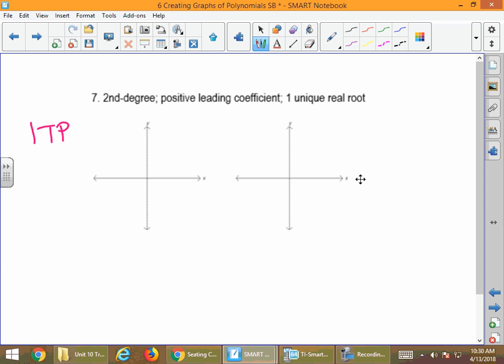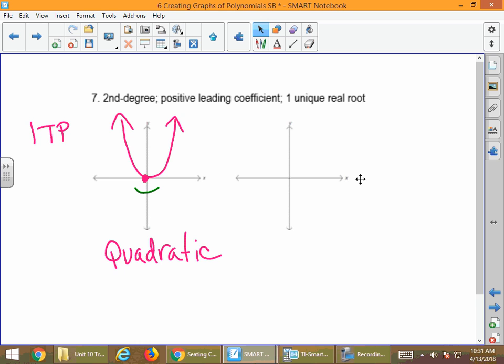And we have 1 unique real root. But we're so used to our quadratics here, which is the name of our function. And I should have named some of the others. But there's our problem. We've got one turning point. We've got positive leading coefficient. At the right, we finish going upwards towards positive infinity, and we have one unique real root. That is the only way that we can draw that picture. And we should be fairly familiar with that one. As we finish,